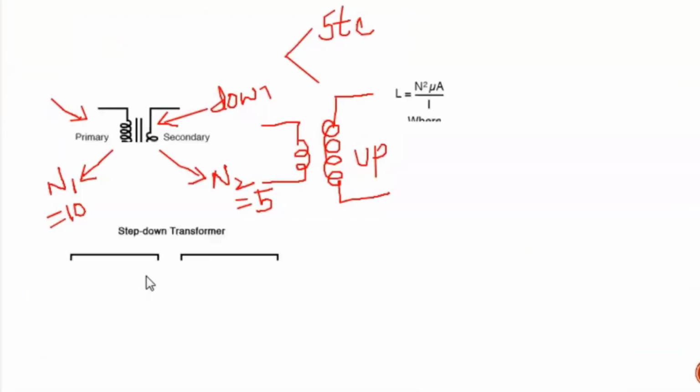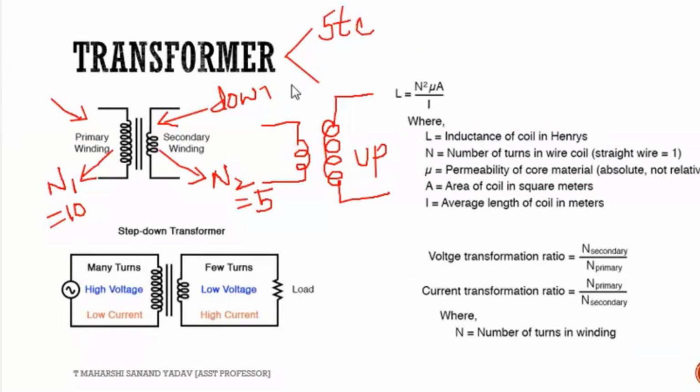Good. See here. More number of turns for N1, less number of turns for N2. So that's why this is a step down transformer. Generally you need to remember these terms. Number of turns is represented with N, and voltage with V. You need to follow this notation. N1 for more number of turns at the primary winding. Next, high voltage, so consider it as V1.